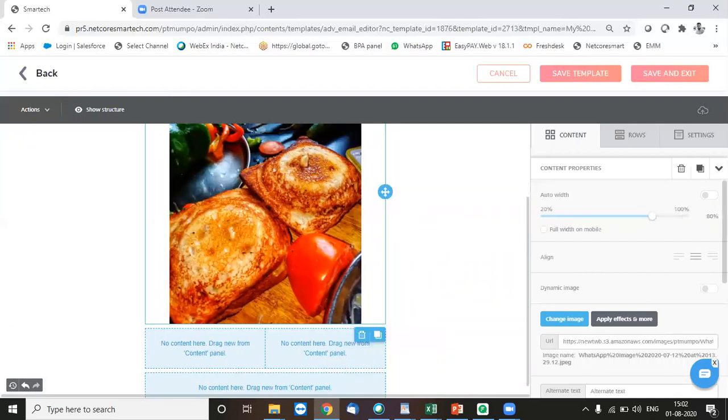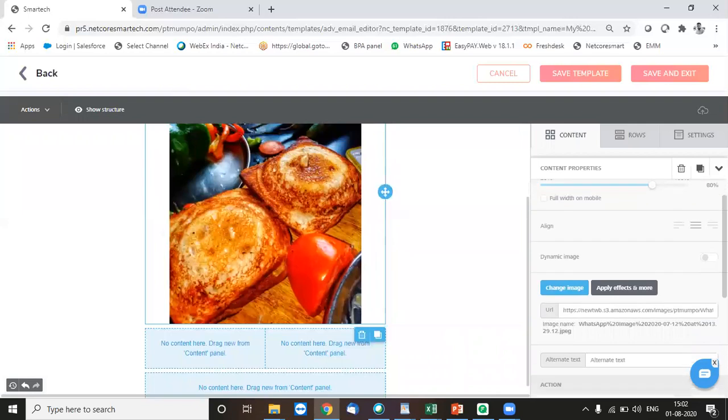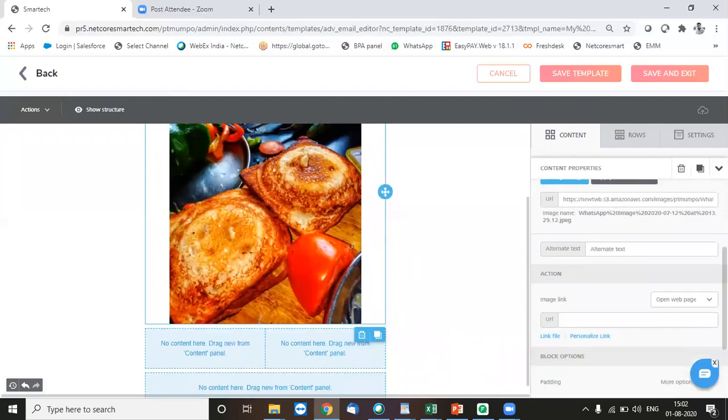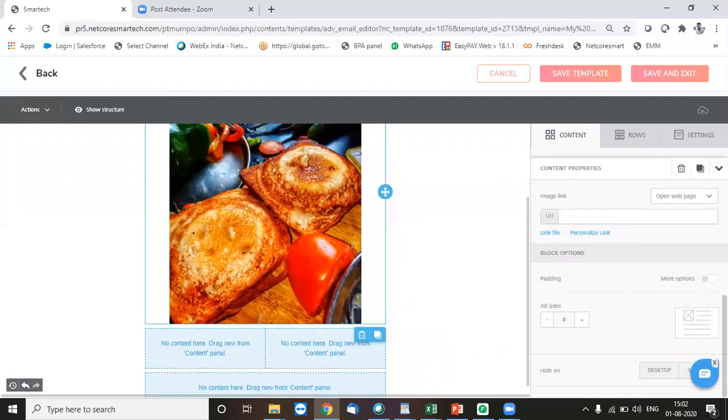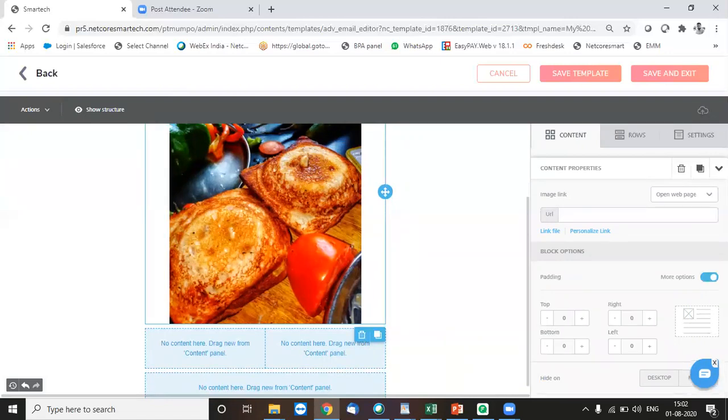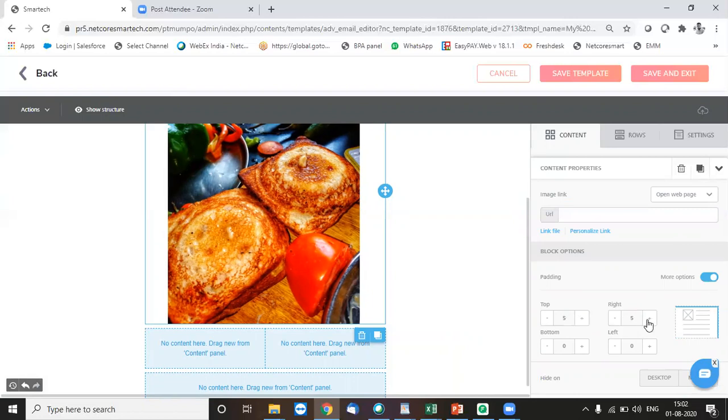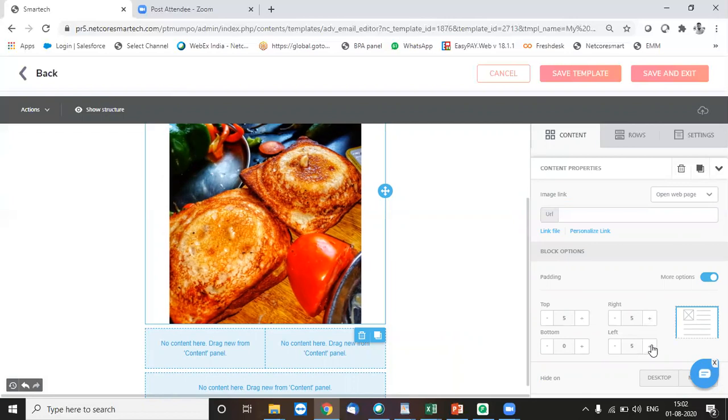Then also I can put a block padding to it if I want. So from each side, if I want to add 5, 5, 5, or maybe just top or bottom.